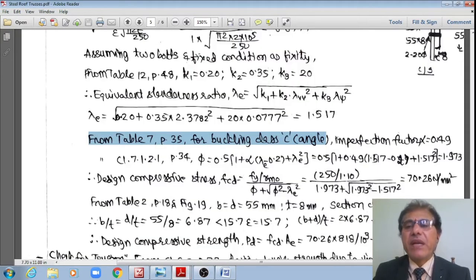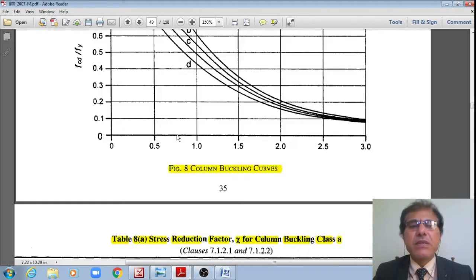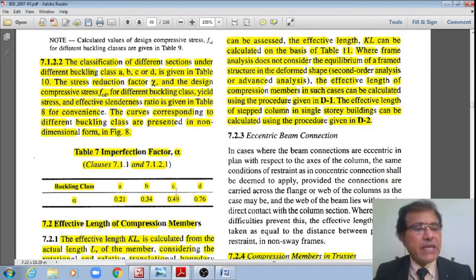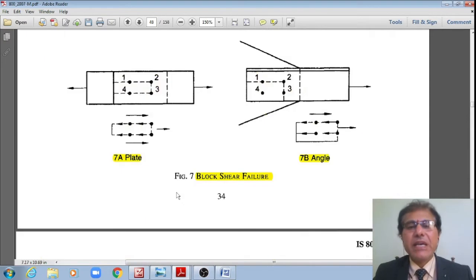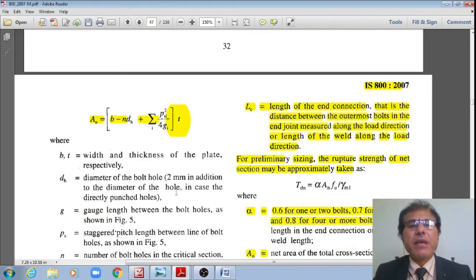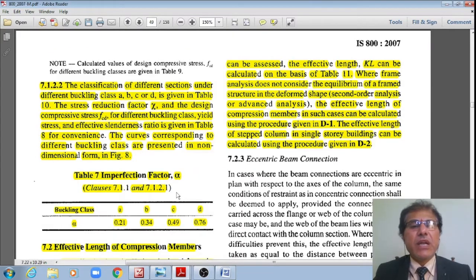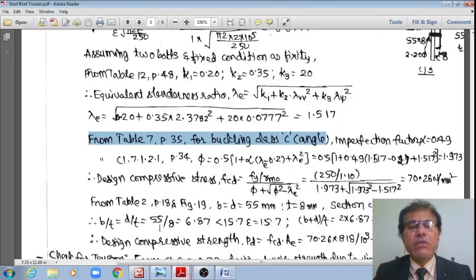the imperfection factor is 0.49. Let me see that imperfection factor. Therefore from this table for buckling class C, because single angle is under buckling class C as per this table, for that buckling class C, the imperfection factor alpha is equal to 0.49. Once I note down that imperfection factor as 0.49, student, then what I'll do is, even from